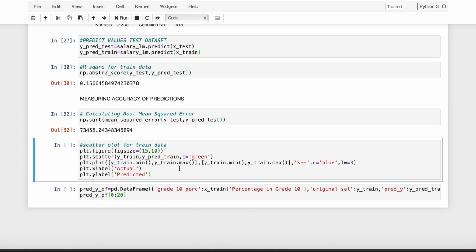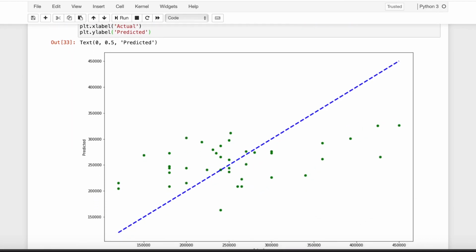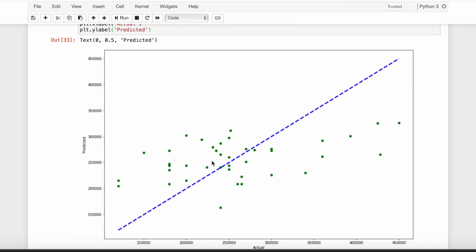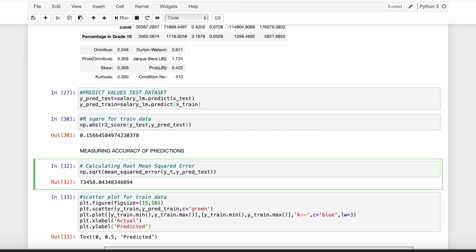Once we have measured the accuracy of our predictions, let's move on to visualizing our train data and our test data. So in order to visualize our train data, as in to see the difference between our actual versus predicted values, this is the scatter plot that we will build. Once we build the scatter plot, we see that there is a major difference between actual versus predicted.